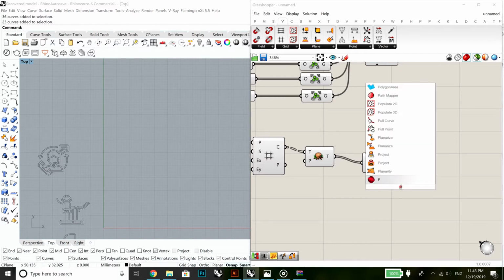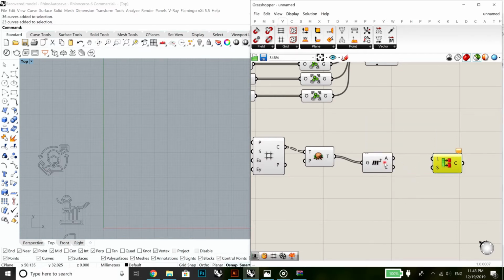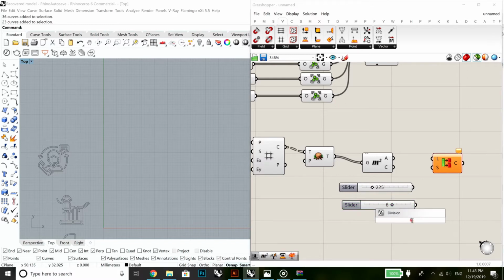So I'm doing partitions, and now I have 225 points, and I have 6 lists. So if I divide this division, I will come to something like